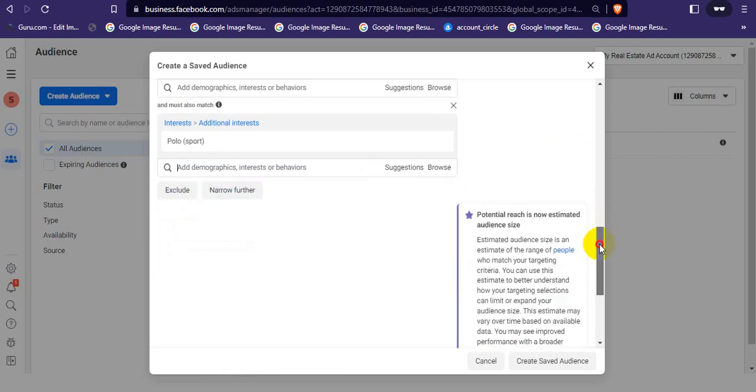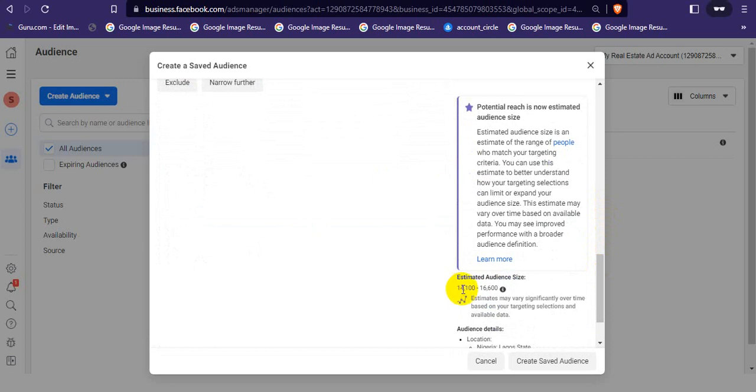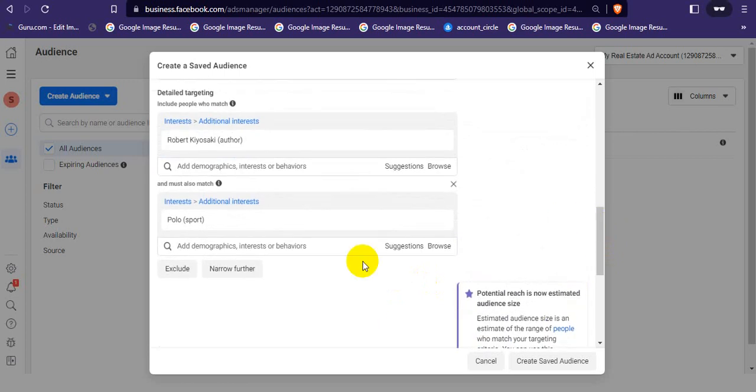And if I go down here, I should see that out of those 230 something thousand people who like Robert Kiyosaki, 14,000 like polo, the sport. You see, so I've narrowed it down. So the thing to do is, in the first section, add all the great interests, and then in the narrow section you can add things that will filter them out, like